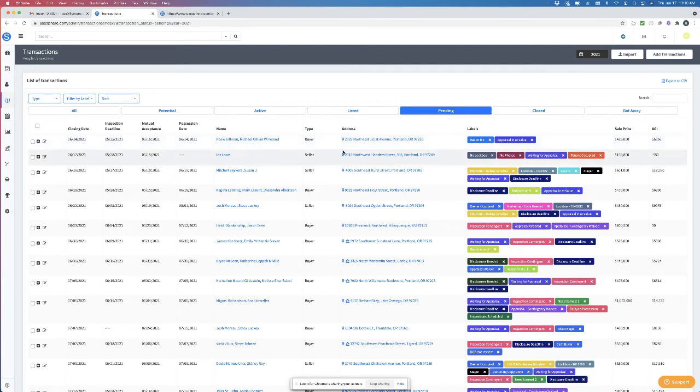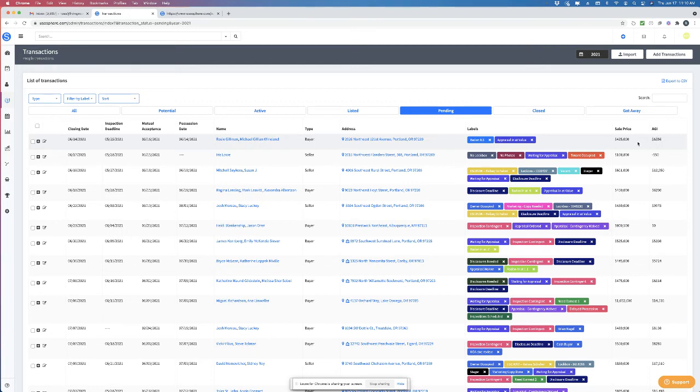So on the people page, you can in the moment create any label you want. So you can put labels on people, you can put labels on transactions, etc. Next, sale price. Okay, sale price, it's pending at. Next is AGI, adjusted gross income. So this is after fees, what you're going to make